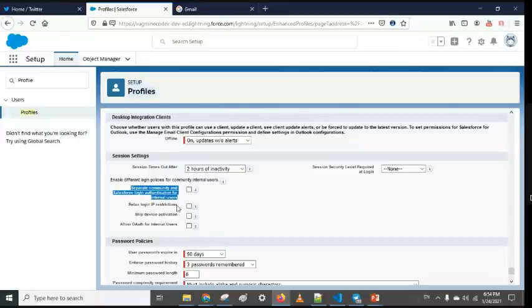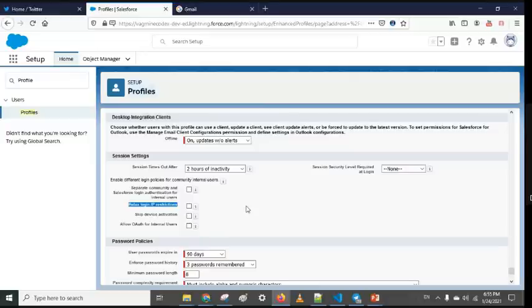Relax login IP restriction. Basically, when you are implementing IP restriction for users, maybe your application is for customer executives, and you want those customer executives to only work within an IP range, like 192.168.0.1 to 192.168.0.255.